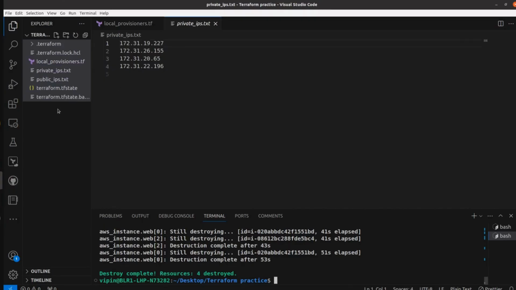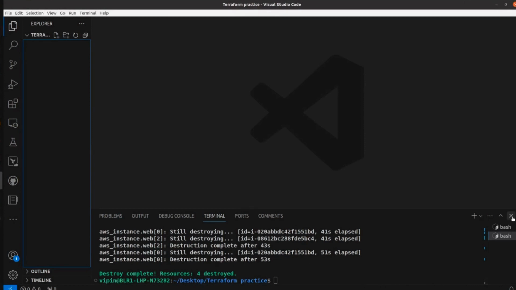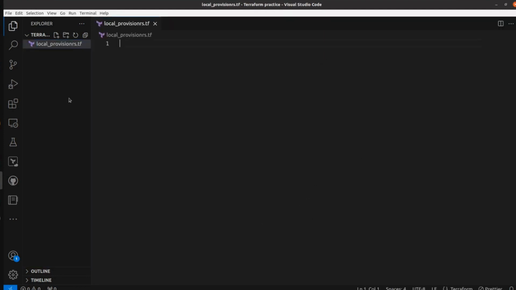Let me delete this file, let me delete all the files, close this terminal, and create local.tf.